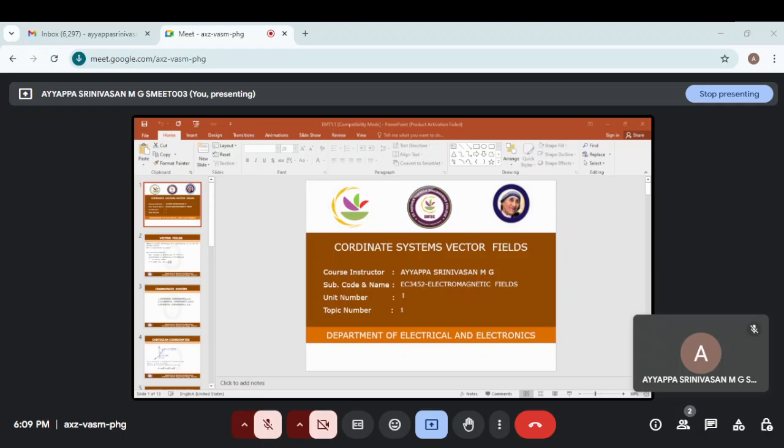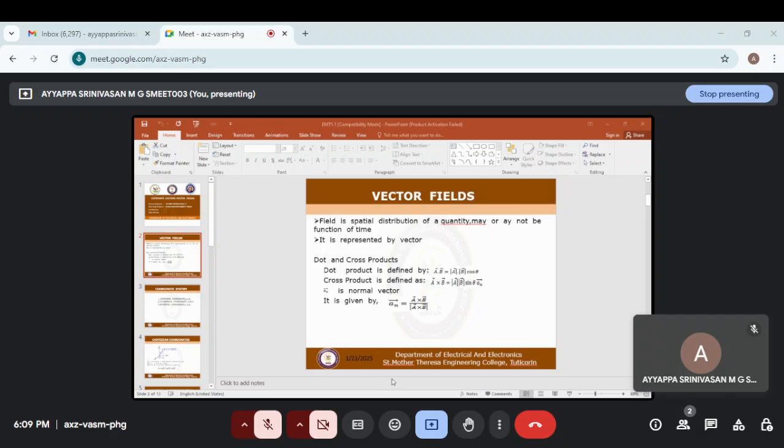So unit 1 deals with very basic fundamental concepts of vector fields. So what is meant by a vector? Hope you might have studied it in your 12th standard. A vector is a quantity that has magnitude as well as direction. So in EMF